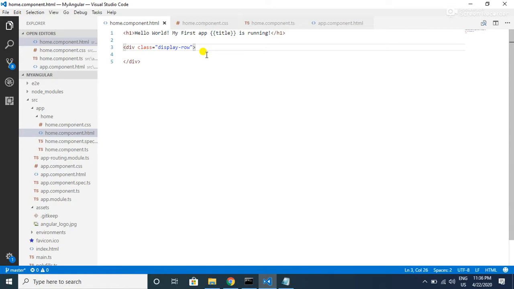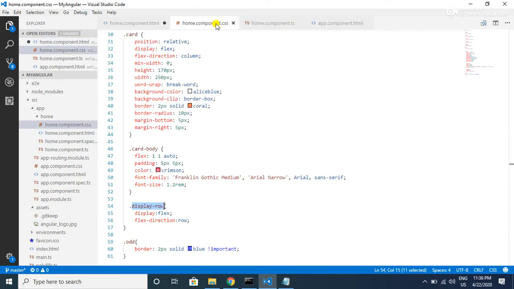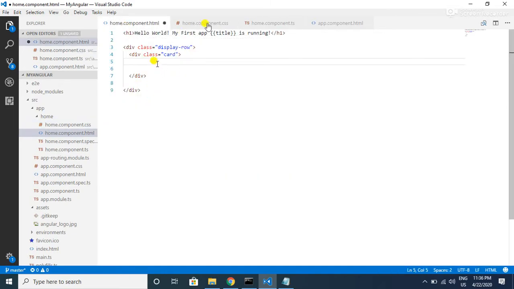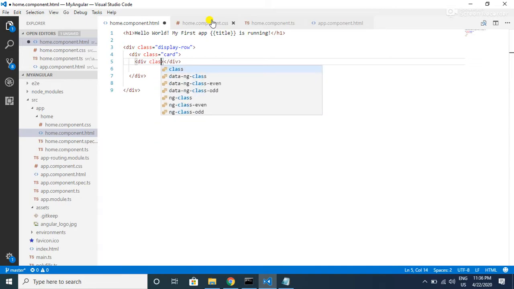So I want to have another div tag for each employee. Let me create a div tag again and assign a card class to it, and inside this card I want to display the name, age, salary and department of each employee. For that I am going to create 4 divs with card body as the class.